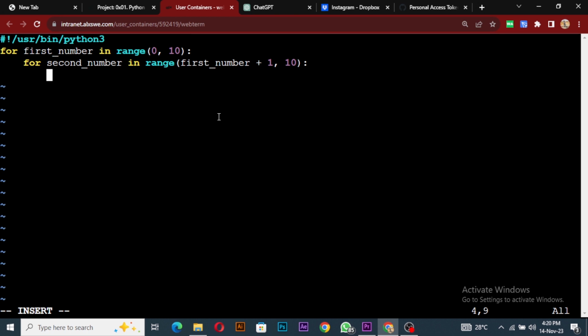Okay, and then we say if our first number is equal to 8 and second,